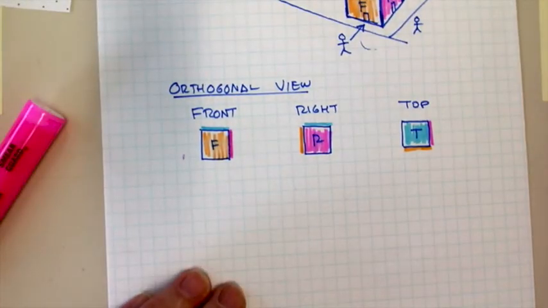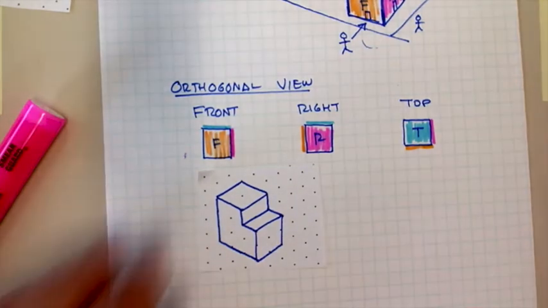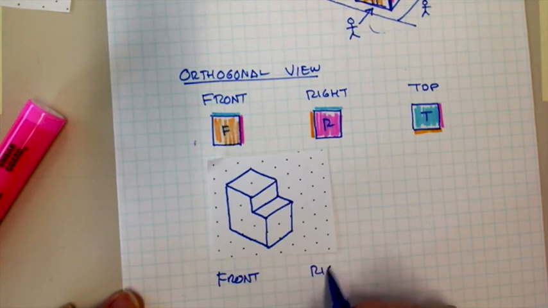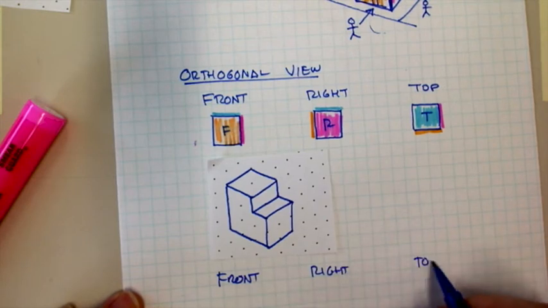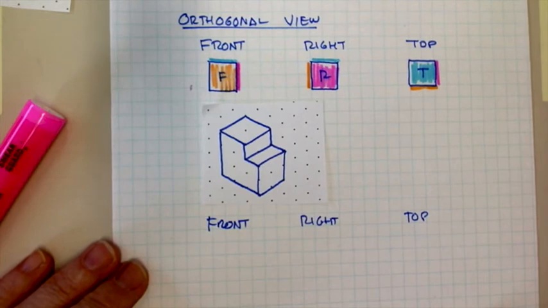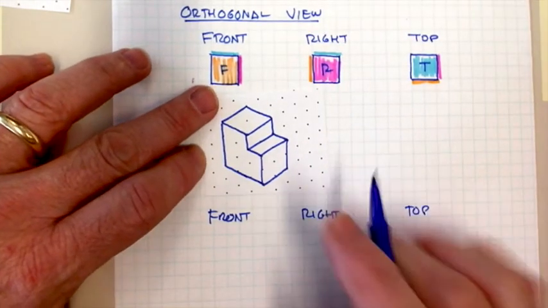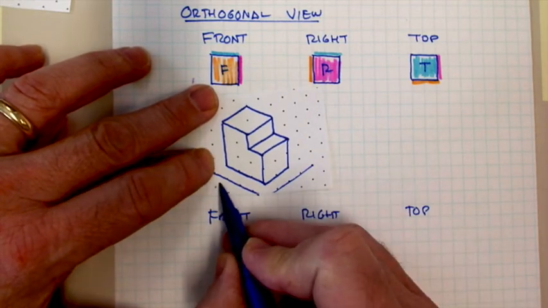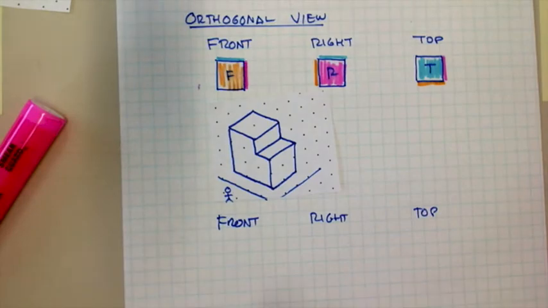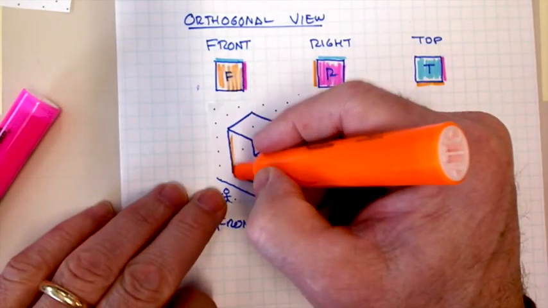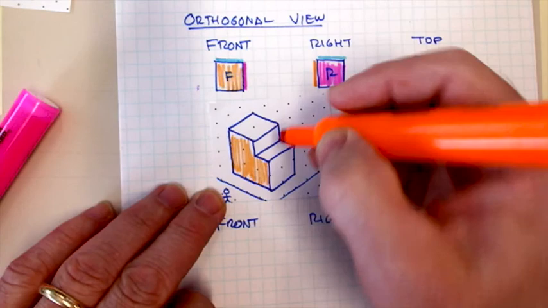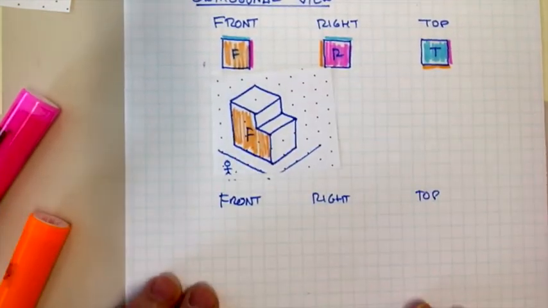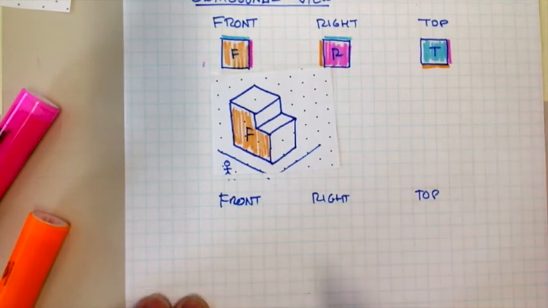What if I get this shape right here? Okay? And I want to draw a front view, a right view, and a top view for this one. Okay? So again, imagine you're pulling up to this, you're hopping out of the car, here's the sidewalk, you're standing right here, and when you look at this from the front, this building, imagine it as a building, we've just miniaturized ourselves, we're looking at that, and what you're going to see is